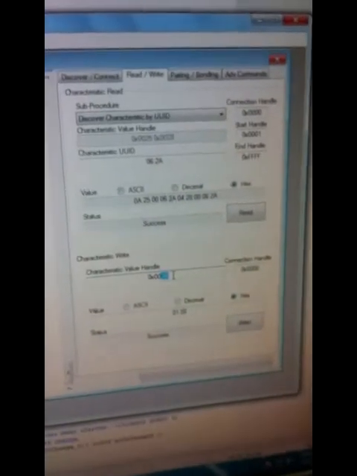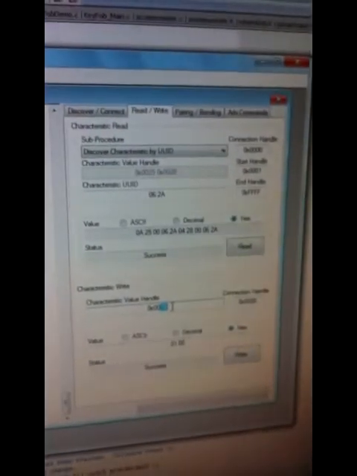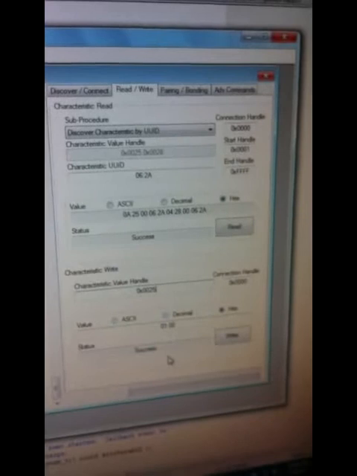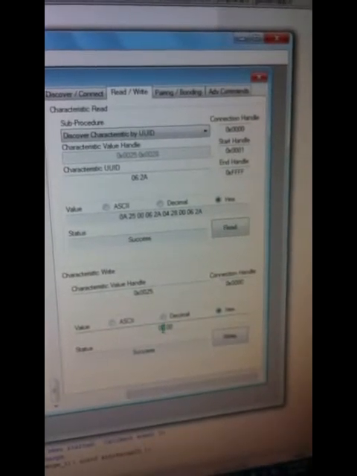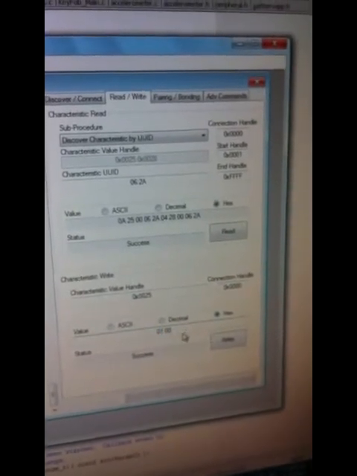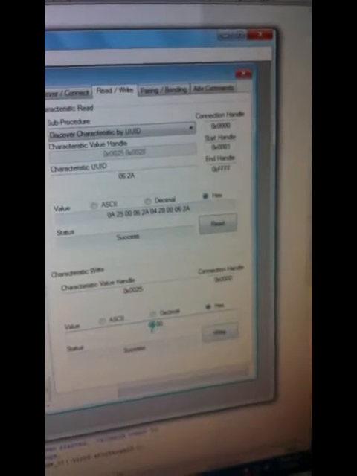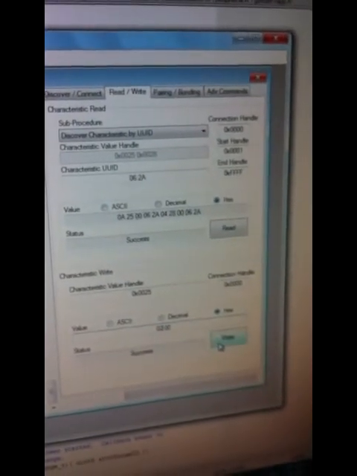The device will beep as soon as the link is lost between the two devices, and writing 02 in that space will produce a high beep. Now, I will take the device out of proximity and see what happens.